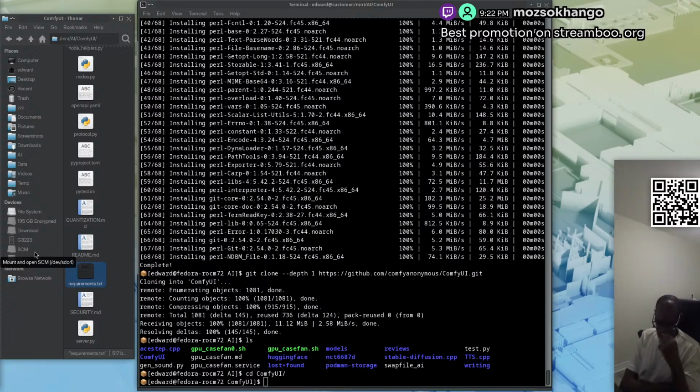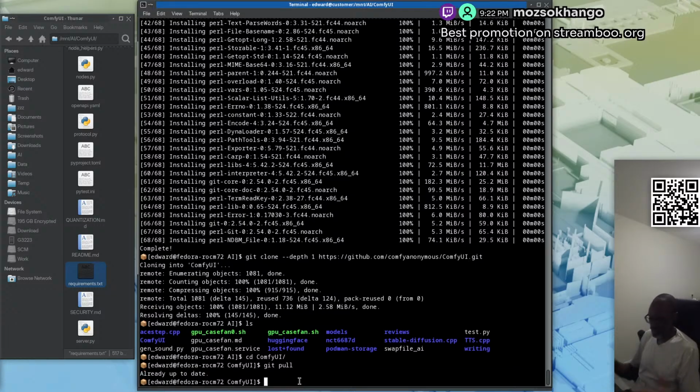Okay, so if you want to do an update, an update is pretty easy. All you have to do is type git space pull. I'm already up to date because I literally got this just a few minutes ago. So then we need to create